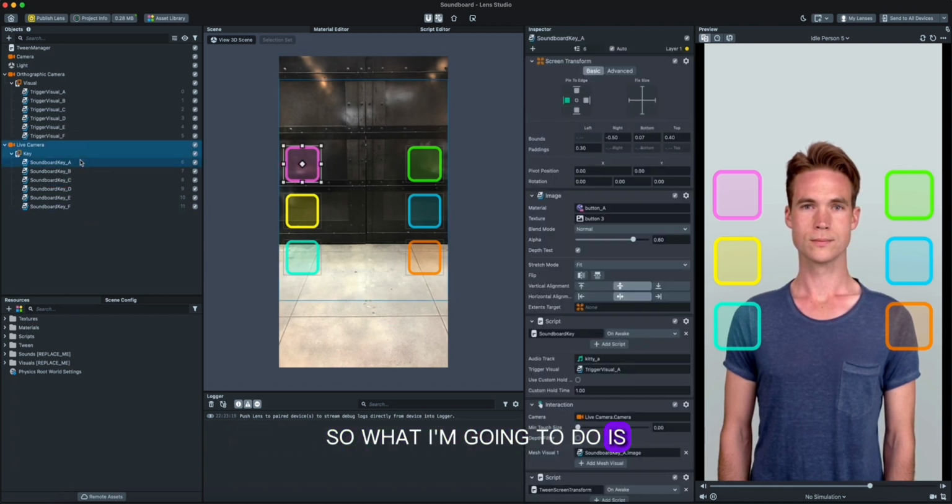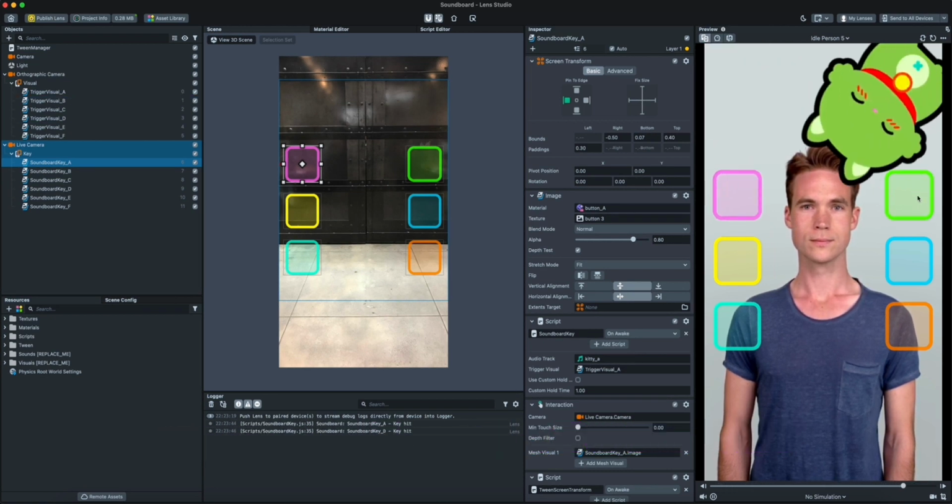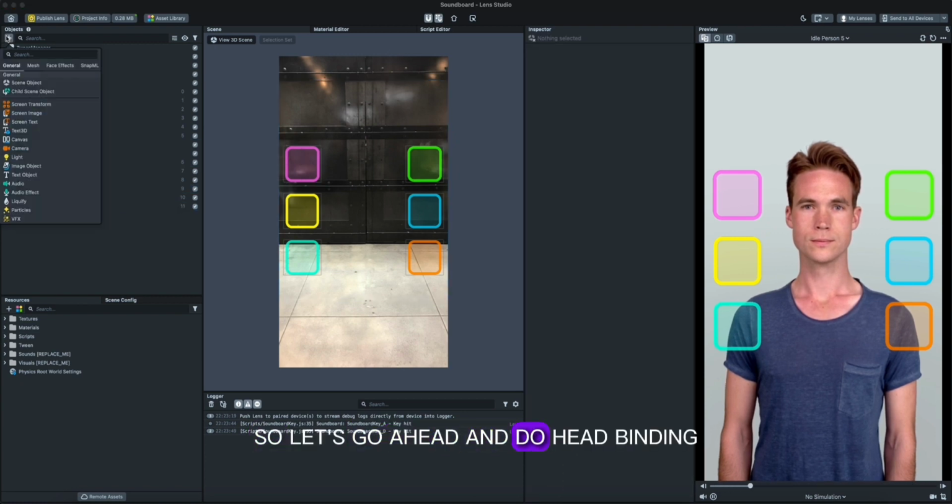What I'm going to do is recreate this one to be on the user's head. So if we tap on here, we want this to be on the head. How can we do this? Let's go ahead and do head binding,